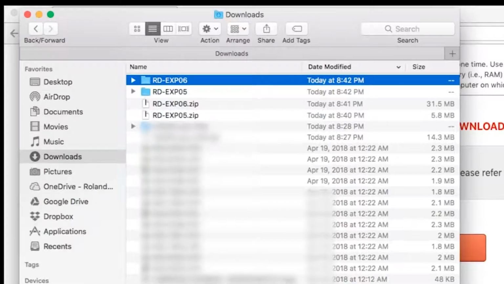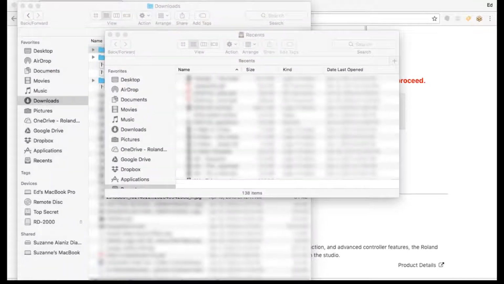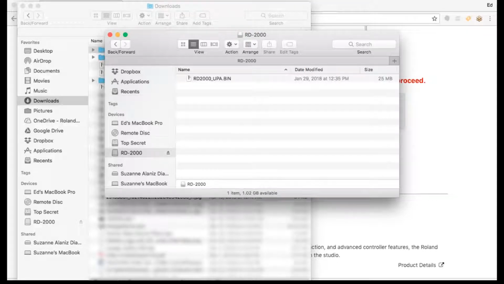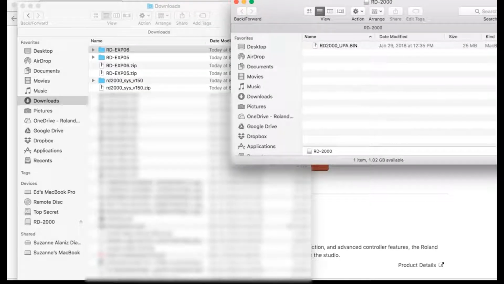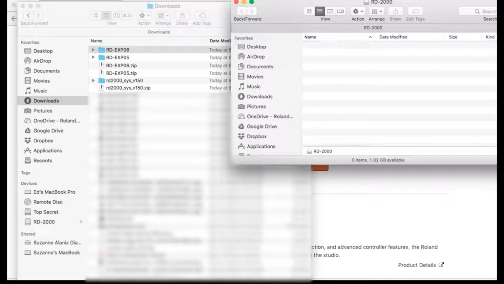Okay, now that I have that going, I'm going to open up another Finder window. So let's open up one more window. And now I'm going to open up my RD2000 thumb drive. Here is that OS that I had earlier. I don't need that, so I'm going to go ahead and delete that. That's what's currently on the thumb drive. And just trash it. And now I'm going to double click